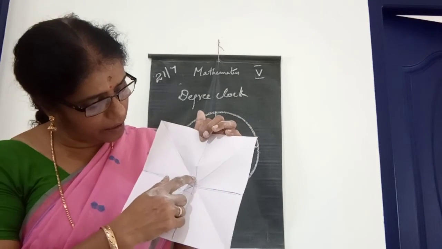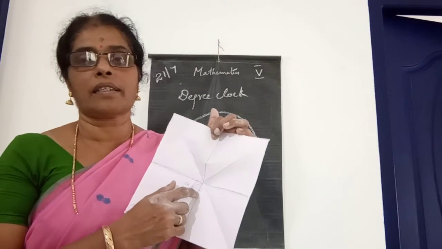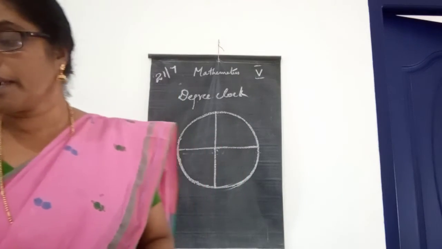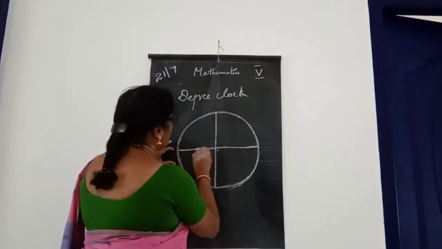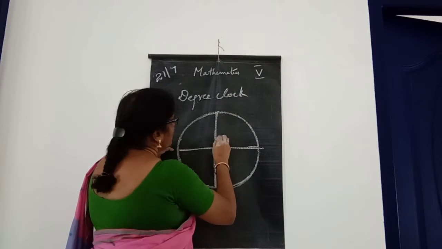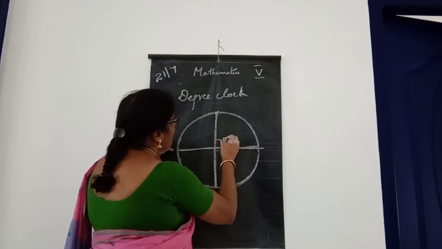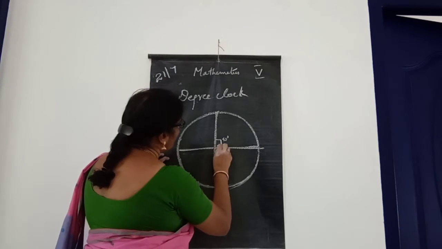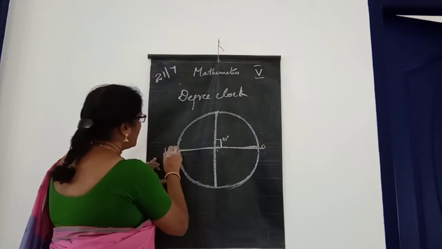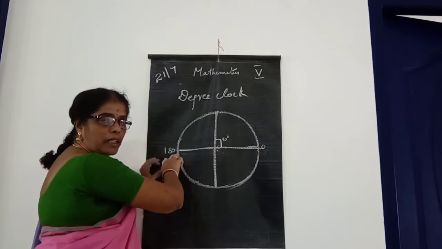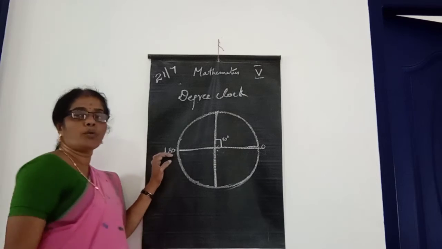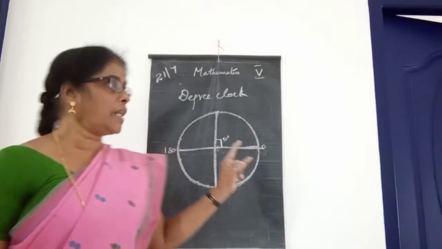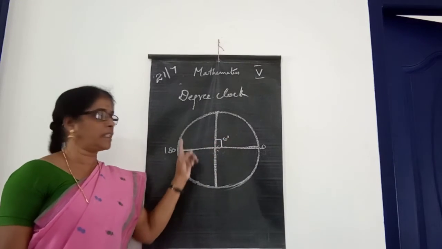And here this one is 90, this one 90, 4 90 degrees you can see, and that 4 90 degrees means that is 360 degree, isn't it? And in between, look here, this one is the 90 degree angle, that is a right angle, and in between this one is 0 degree, and here 180 degrees, isn't it? 0 to 180, and again one more 180, then 2 180 degrees. 2 180 degrees means that is 360 degree, or otherwise you will get 4 90 degrees.